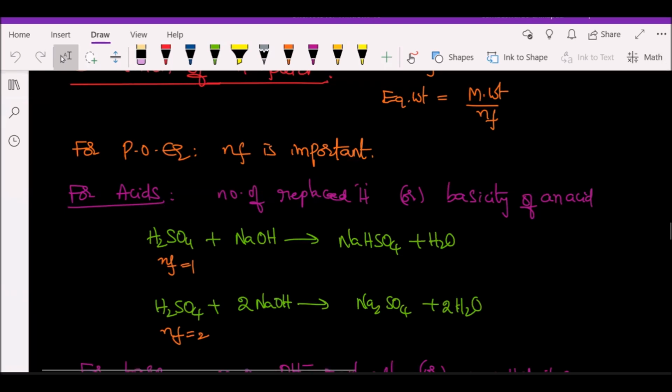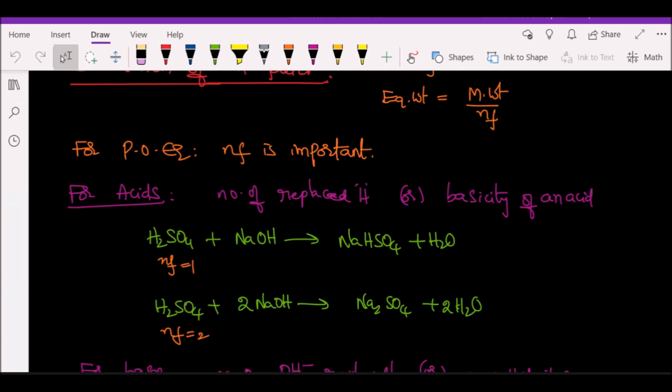Mr. Rahul and Snehita, one by one. Sir, if the number of replaced OH minus ions, that is for a base. For bases, yes, but right now I am talking about acids. That is Rahul Rao; you are 10 seconds ahead of me. The topic right now is acids and you are going to bases. That's good, so sweet of you, as you are always ahead of me. That's fine. Okay, next, Snehita.